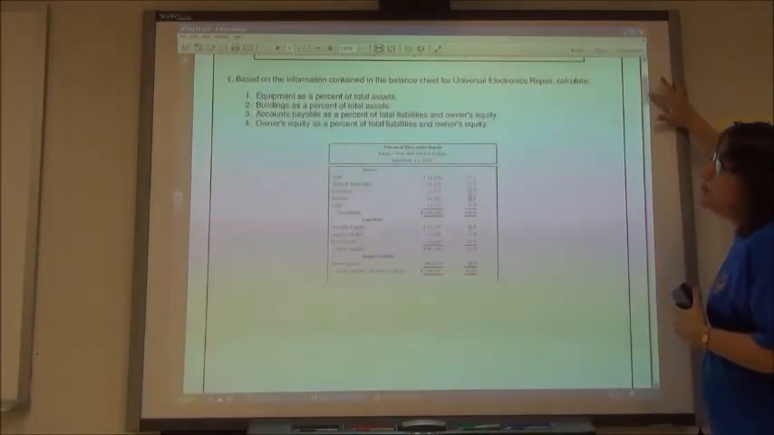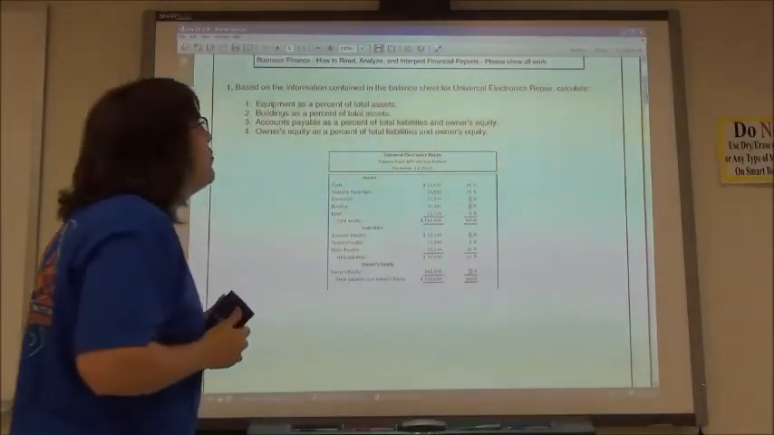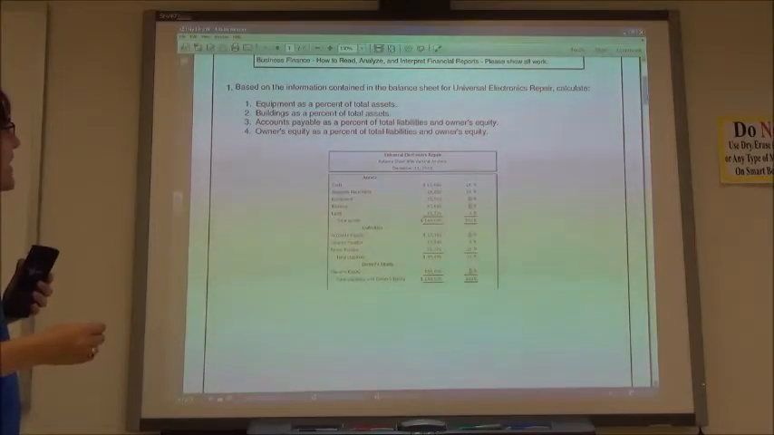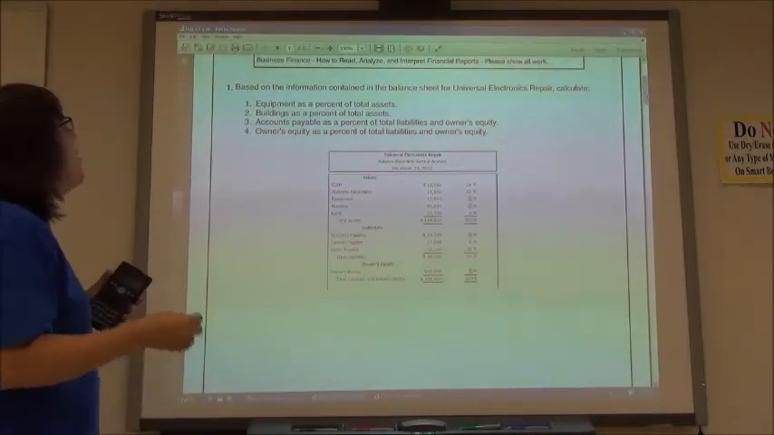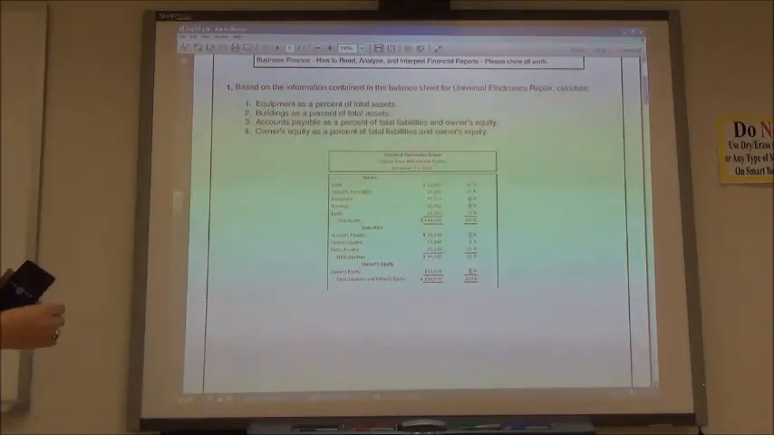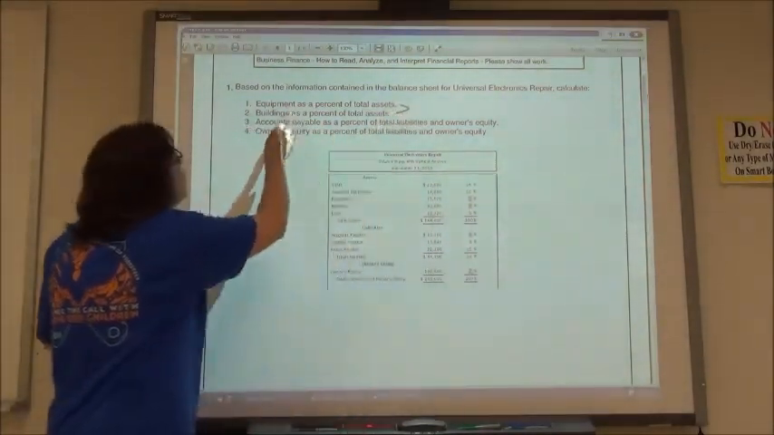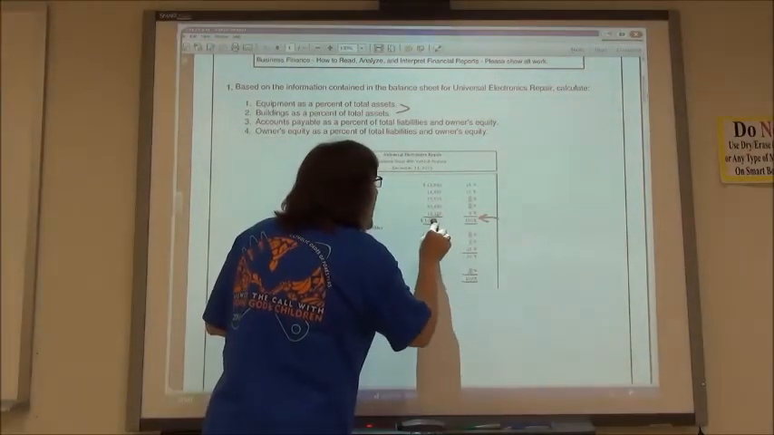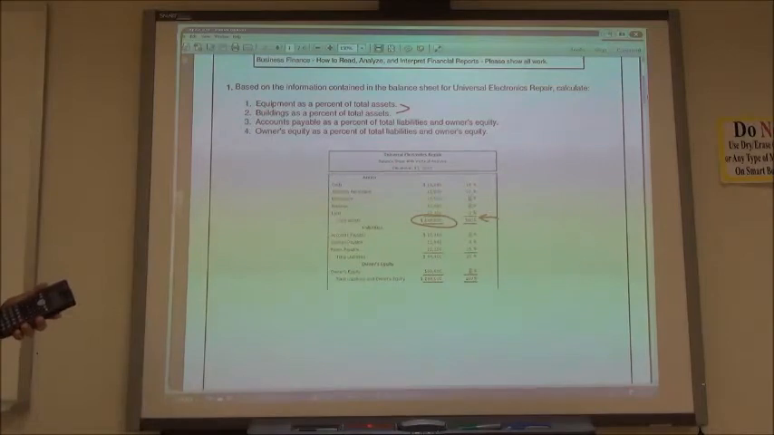So if I slide down to the question here, it says, based on the information contained in the balance sheet for Universal Electronic Repair, calculate the equipment as a percent of the total assets, buildings as a percent of total assets, accounts payable as a percent of total assets, and owner's equity as a percent of total liabilities and owner's equity. So these first two say that we're going to calculate them as a percent of the total assets. Notice there's 100% next to that. That means our base number, the one we're going to be dividing by when we do the percent, is that